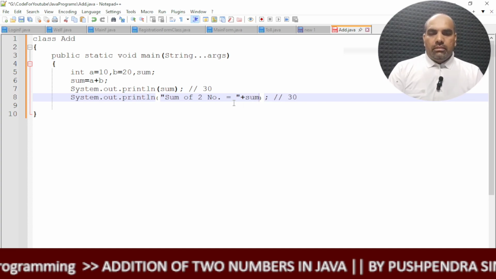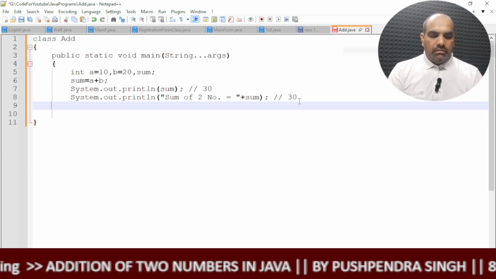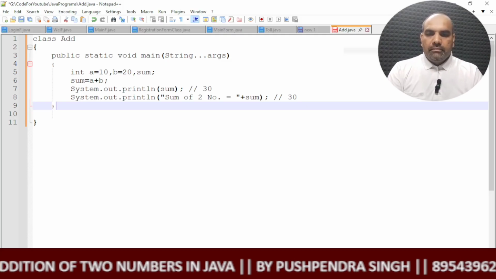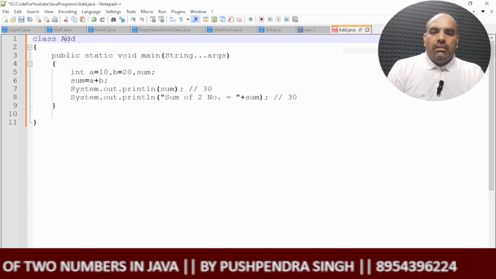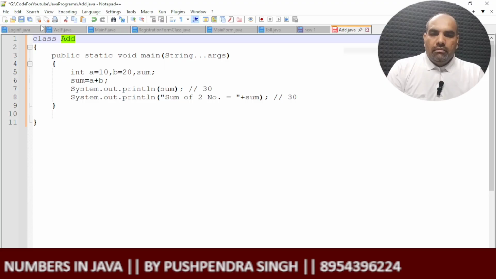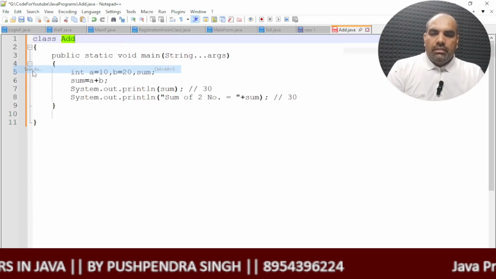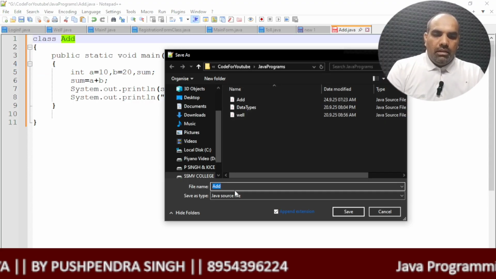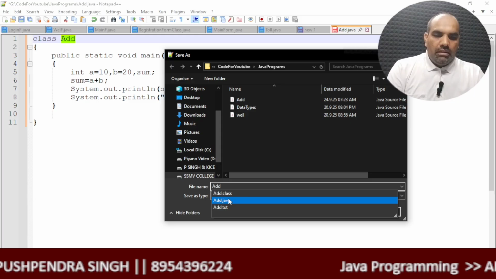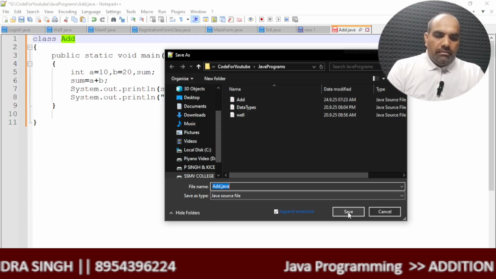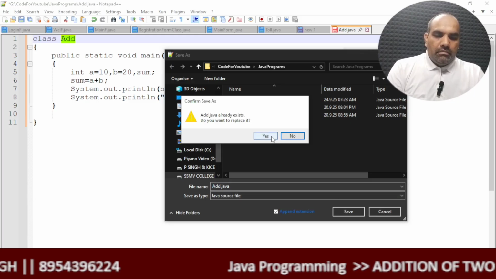Okay, so now close this main function. Firstly we save, then File, Save As. Already I have said this.